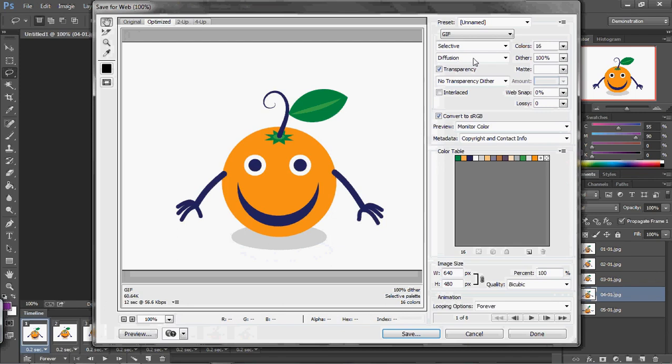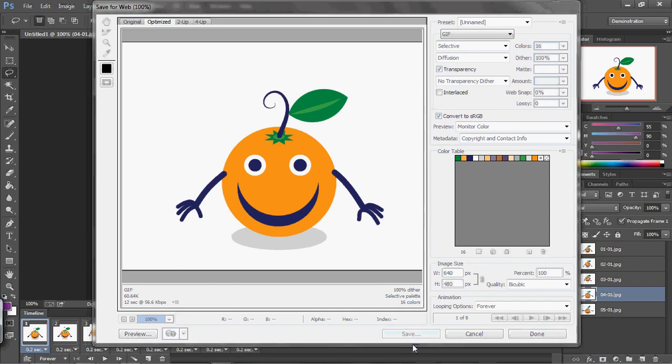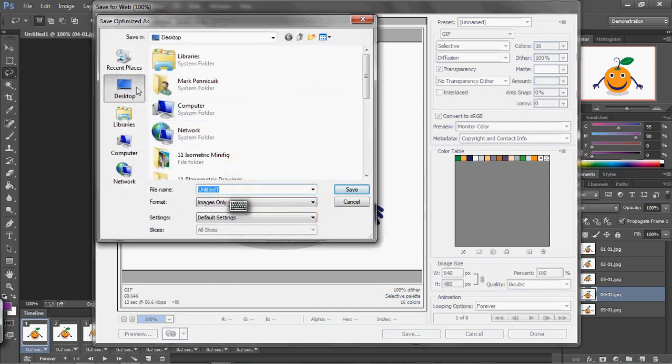Important step. Need to make sure up here that you have GIF selected, and probably with the colors that we have, we don't need a high amount of colors. It makes the file bigger, so you should be able to reduce it to 16 colors which appear here. That's your image size. So if you want to keep it original image size, you can do that. Make sure it says looping forever. You can test it by playing it, but I'm happy. It tells me how big it's going to be, 60 kilobytes. I hit save, and I just need to